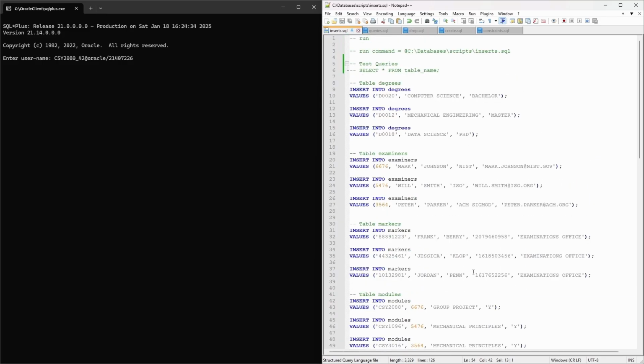Something else with the design here is that we've used snake case. That means we have no spaces, we make use of underscores, and we also don't have any uppercase. Looking again at the top here, we've made use of some comments. So we've got the run command, test queries, which we'll show later on in Oracle to show that you have the